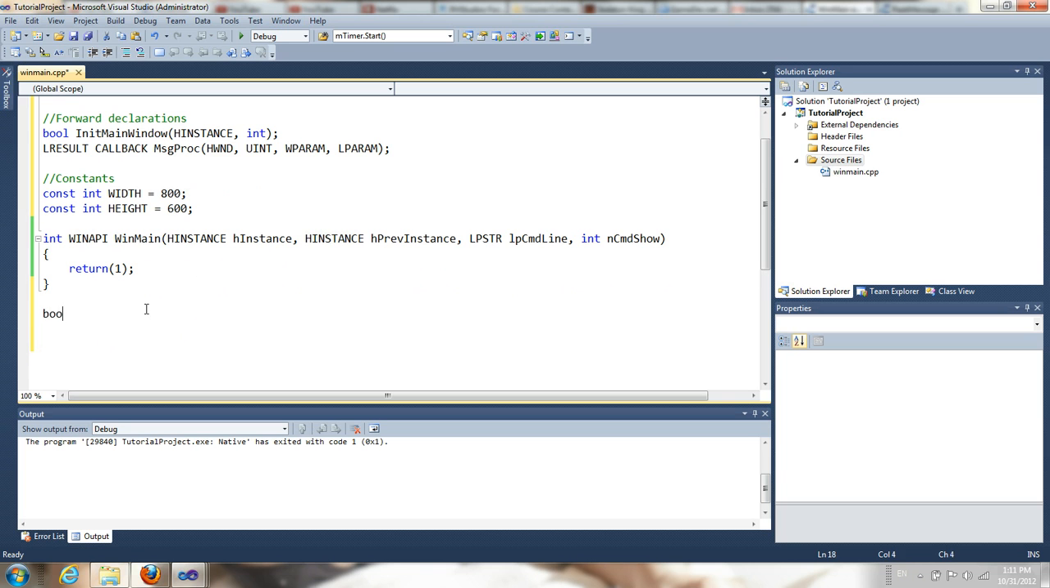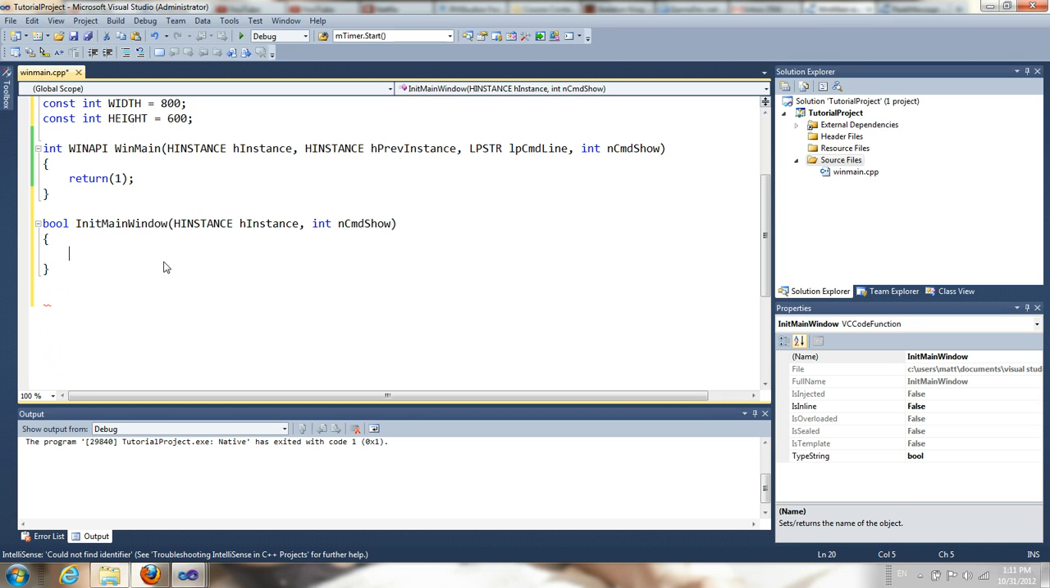Now, let's tackle the init main window function, or initialize main window function first, because this one tends to be the bulkiest of the 2. Now to start, we need some form of structure that will basically define how our window should be displayed, basically what our window is like, in a sense. So this structure is going to be called a window class